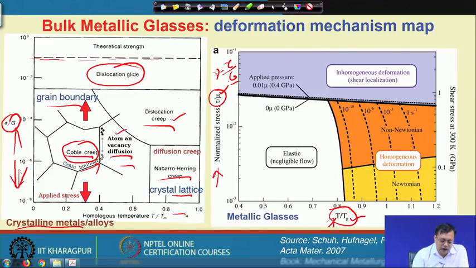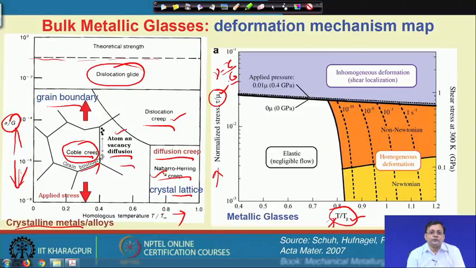Whereas, at higher homologous temperature, we get diffusion creep. This is a diffusion which occurs through the bulk of the grain, inside the grain, and that is also known as Nabarro-Herring type of creep. Now, if we come the same way to a glassy solid, we learned about inhomogeneous deformation, and inhomogeneous deformation